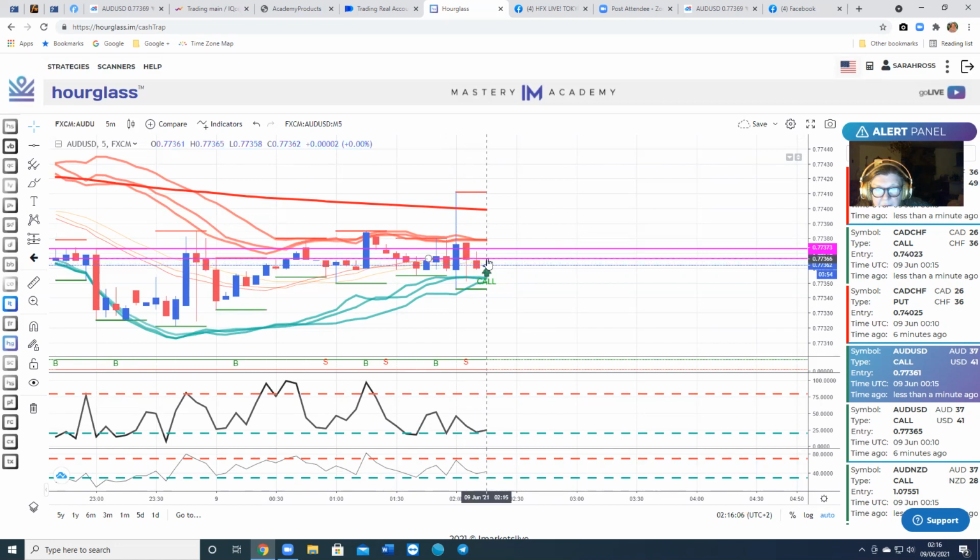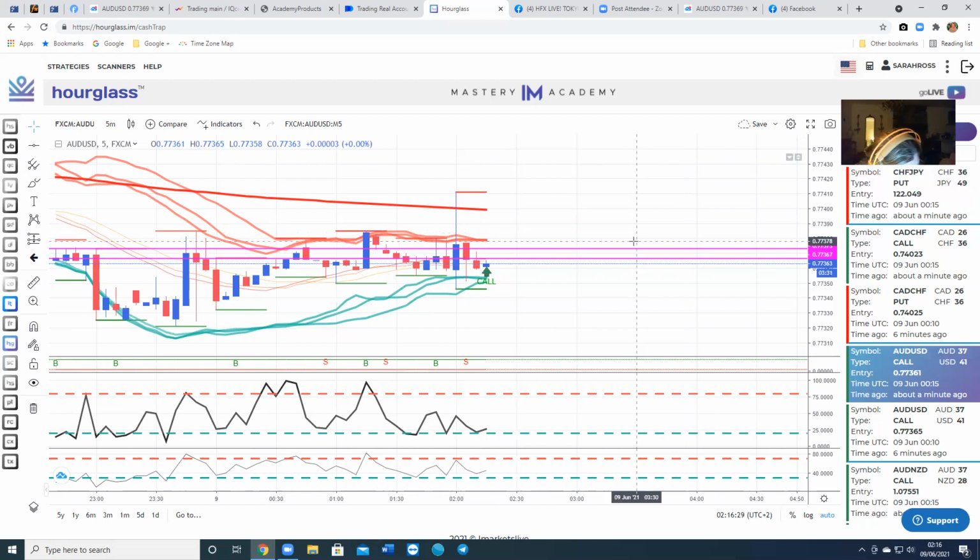So what I'd like to see it do is come up to one of these lines by the half hour, which will be over here, and then take it for a put in line with the currency strength meter, because things turn on the half hour. So we're going to go off this at the moment. The rest of the payouts are not good. 66 is the highest on GJ, so I think we should